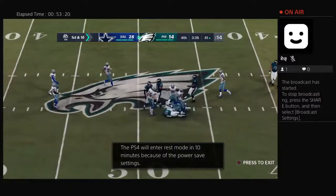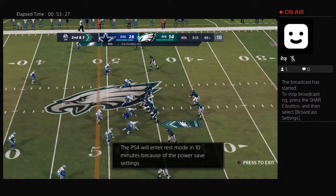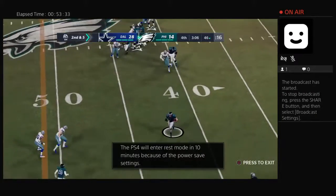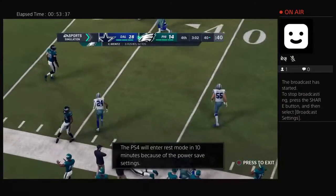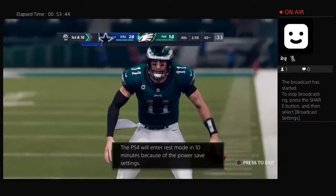Sanders has it over the middle. It's a gain of 5 on the play, and it'll be a 2nd down. A gain of 5 brings up 2nd and 5. Wentz now to throw. 46-yard line. Buying time to his left. He'll try and run it. And he's able to get this one down to the 40-yard line. Nowhere to go downfield, but he's able to get out of bounds and stop the clock here with a 1st